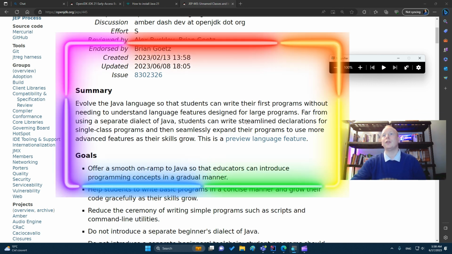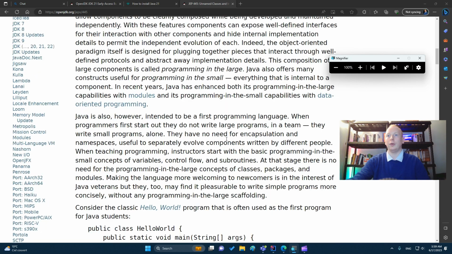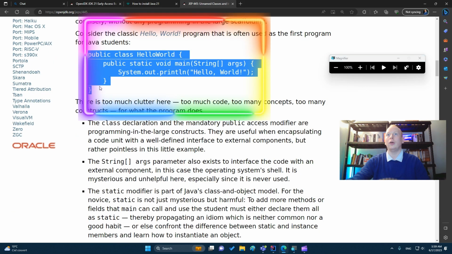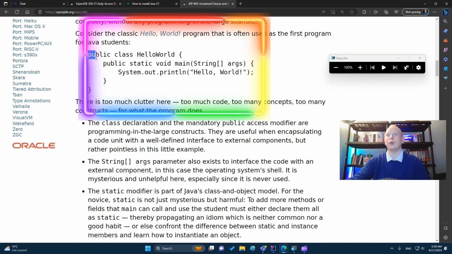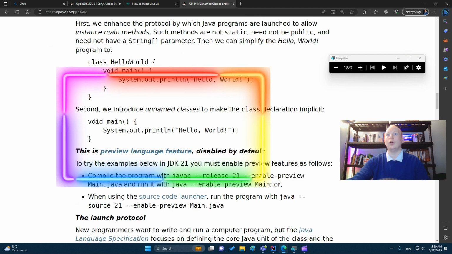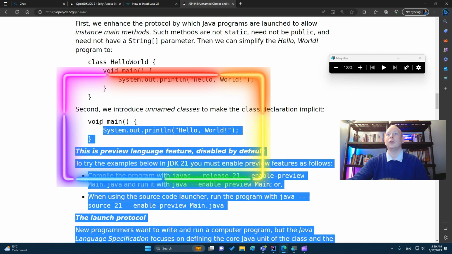So it is to ease the onboarding of newbies in Java technology. Before, to write hello world, you had one, two, three, and we'll say four lines with braces, and now you have only three lines. And if we count only the working code, we could say only two lines.